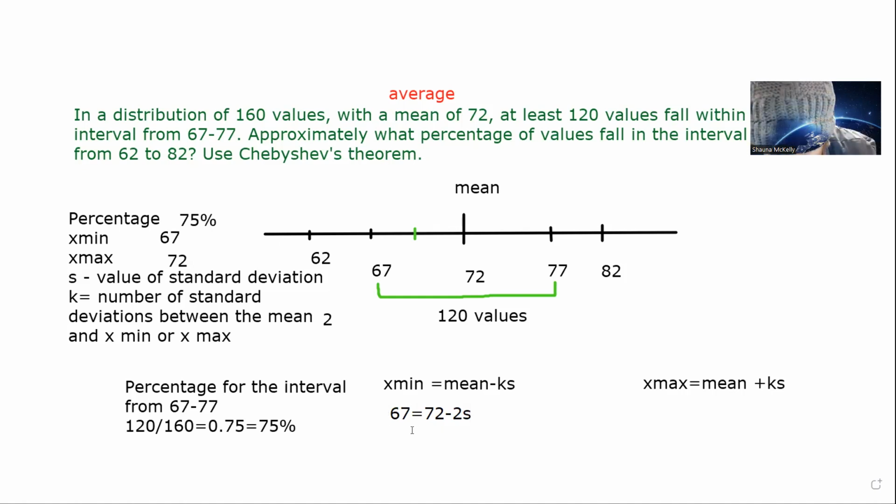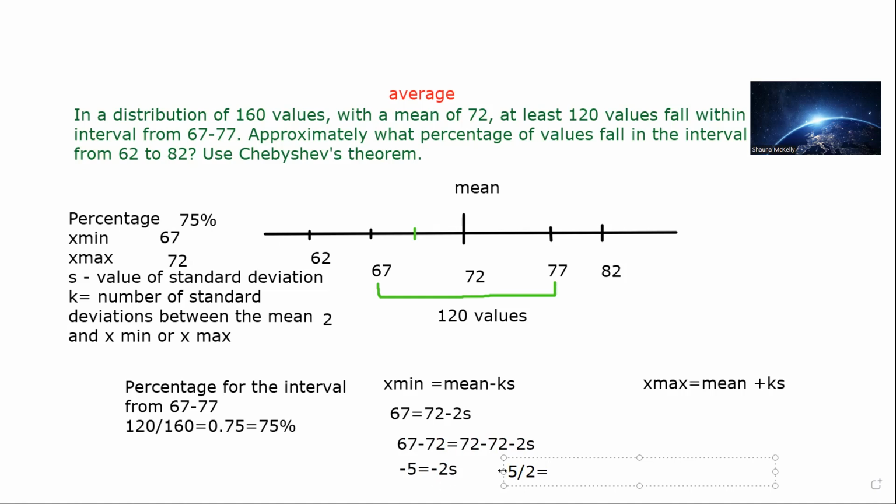So we're going to solve this equation just like algebra. This is our nod to algebra at this point. So we're going to subtract 72 from both sides. So 67 minus 72 is equal to 72 minus 72 minus 2S. Now, here we end up with negative 5 is equal to negative 2S. And therefore, S is, if I divide by 2 on both sides, I have 5 over 2 is equal to,